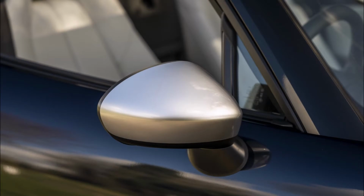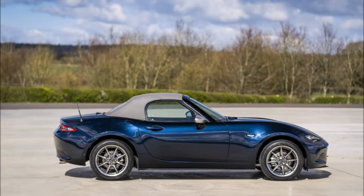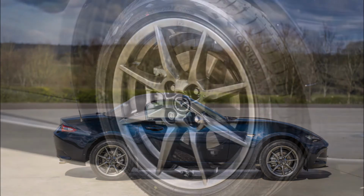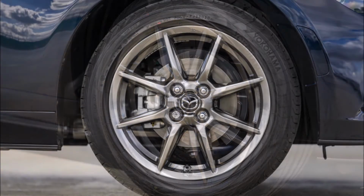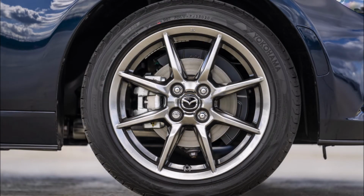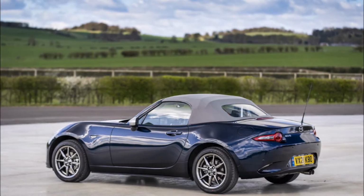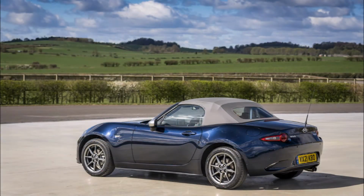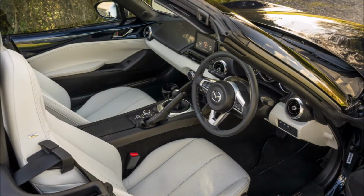Now, the new MX-5 Sport Venture builds on the Sport convertible grade, retaining its 132 PS, 130 horsepower, 97 kilowatt, 1.5 liter engine and heated seats. Now, DAB digital radio, auto dimming rearview mirror, keyless entry, rain sensing wipers, and others go along with it as well. And only 160 units are destined for the United Kingdom, and pricing has been set to £27,615,